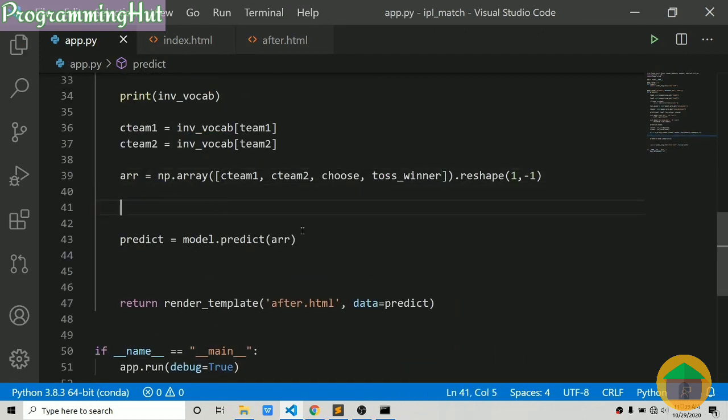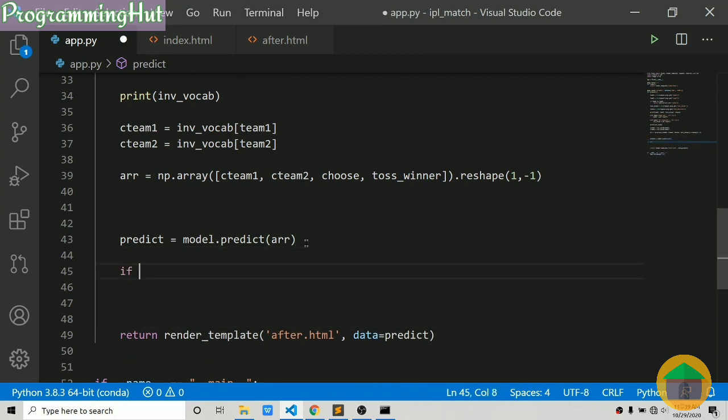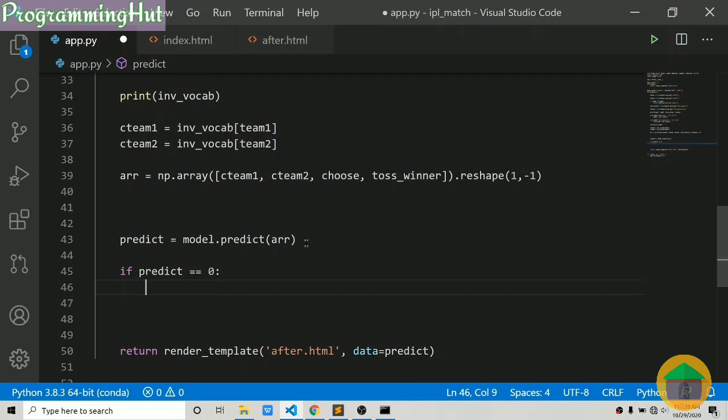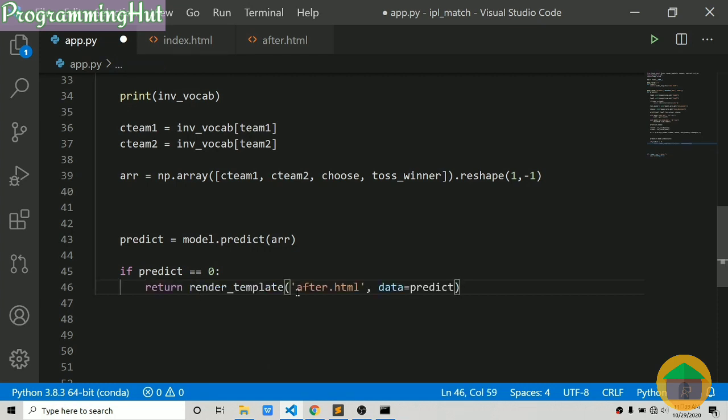So we can say if predict is equal to 0, it means the first team is the winner. So we can take this and paste this. We can say data is equal to team1, and else team2 will be sent to the next page.